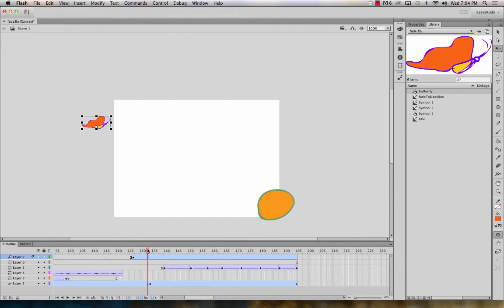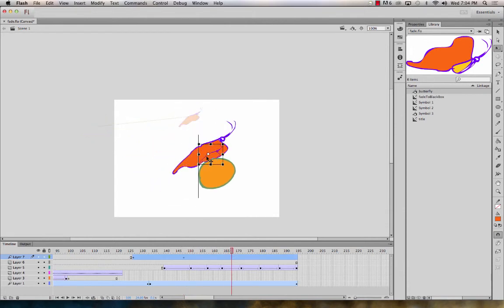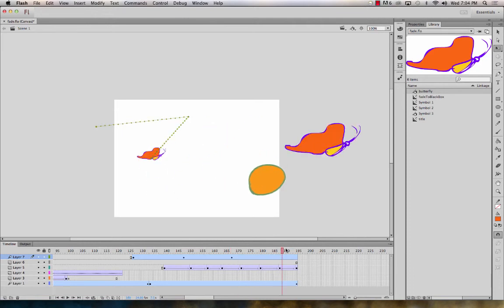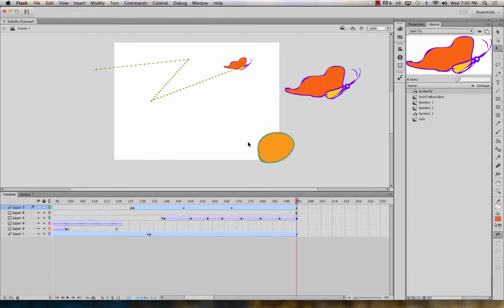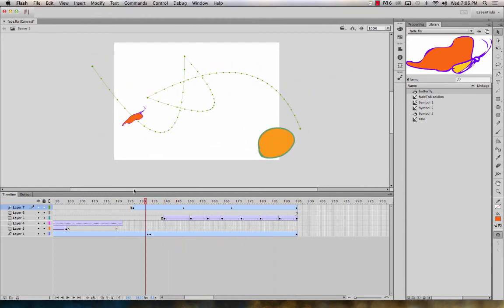Here's a motion tween. The motion tweens show up blue instead of purple. But the cool part about the motion tween is now we can just kind of pull, and you don't have to ever hit F6 with it. Are they on the same level, the small butterfly? The butterfly at this point. Now, the nice part about working with a motion tween is now I can take this path. I can shape it so now my butterfly is actually following. Just going to turn off the other butterfly temporarily. So we can see that butterfly is following